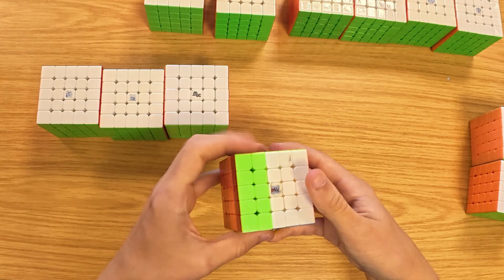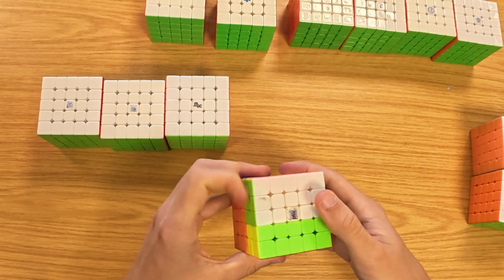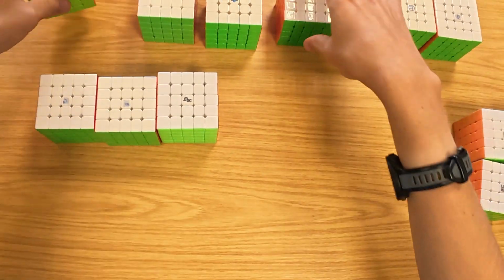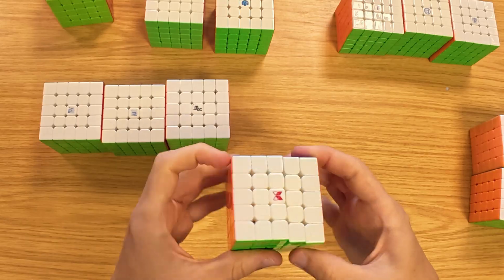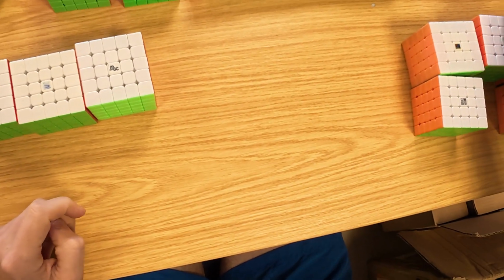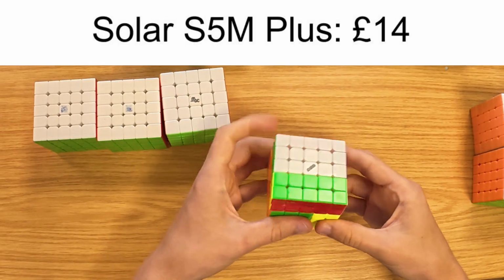Still, I can mention the Valk because for some reason I still have them, but obviously it's very outdated now, and most people will probably prefer the X-Man Hong if you like a QiYi feel, but the Valk is still there for some reason. We've also got the Dian Sheng Solar